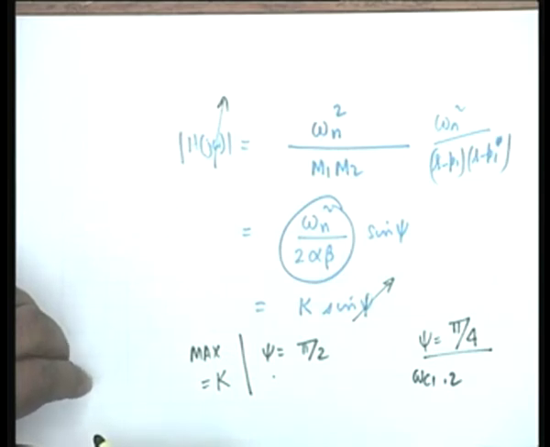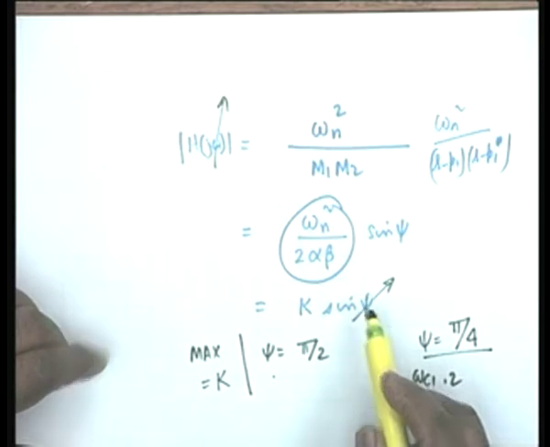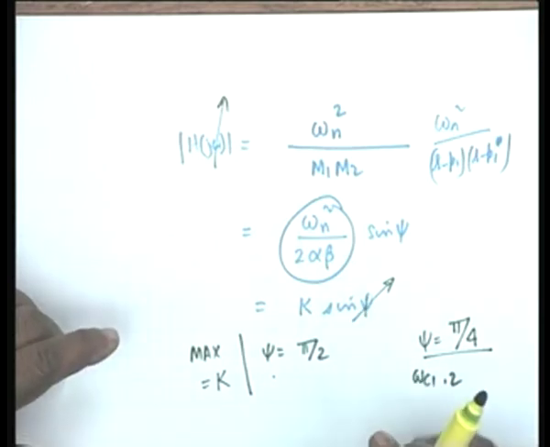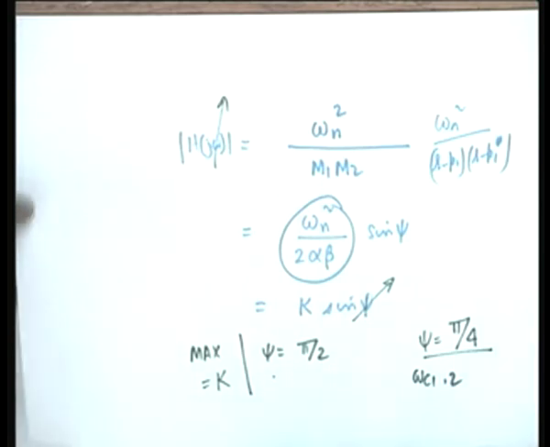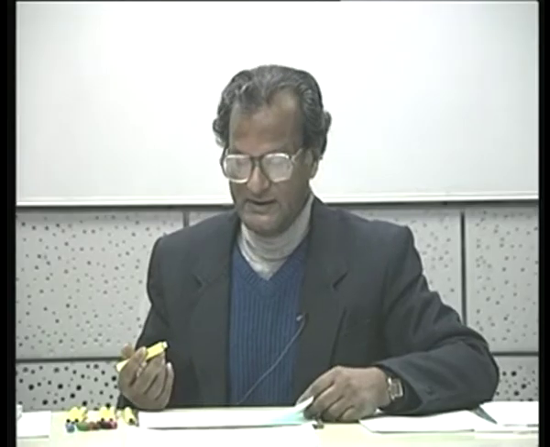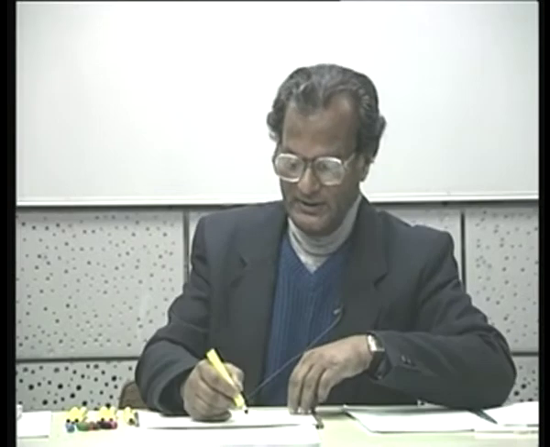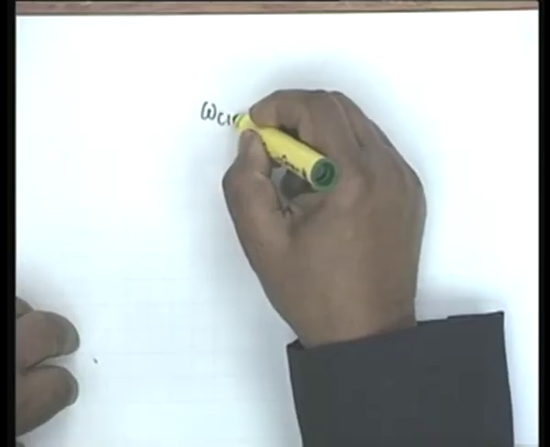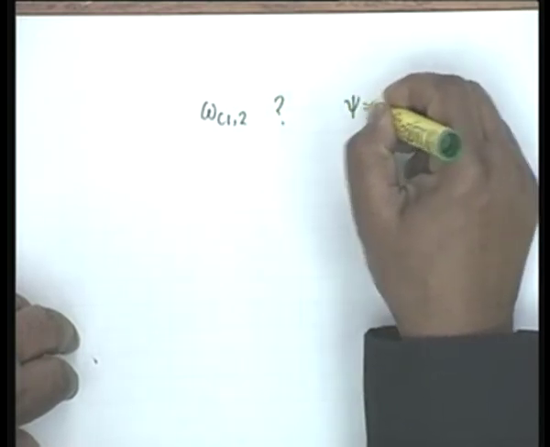Agreed? At these frequencies, sine psi will be 1 by root 2. So, the magnitude would be precisely k, the maximum value, divided by root 2. Maximum value k is 1, that you know, but I have put it for generality's sake. So, the problem is therefore to find out omega c1, c2, and for that all you need